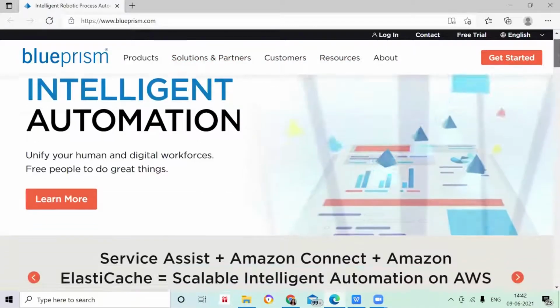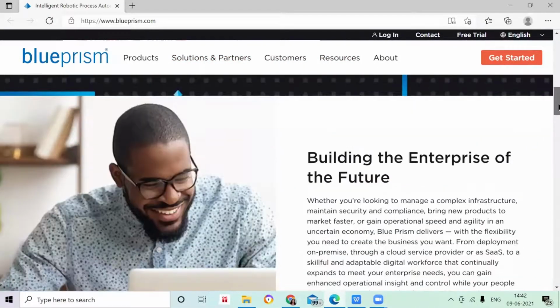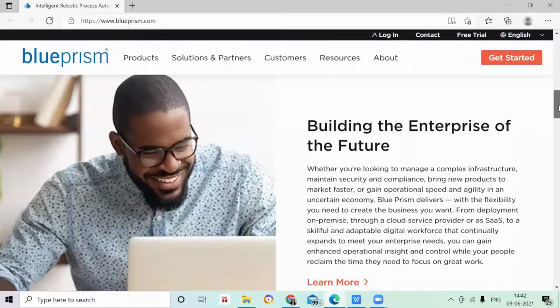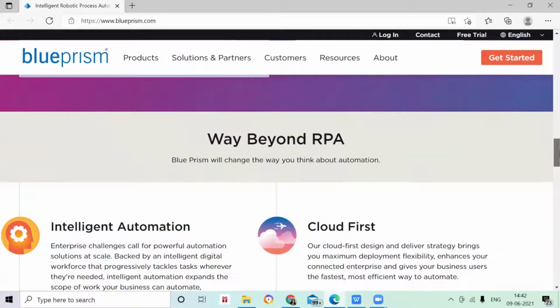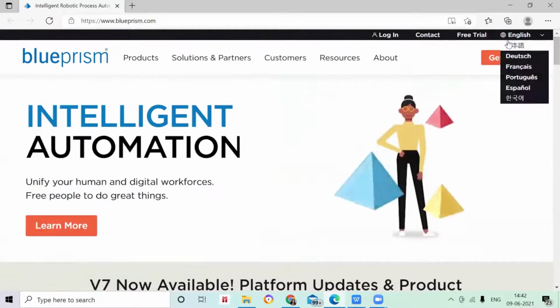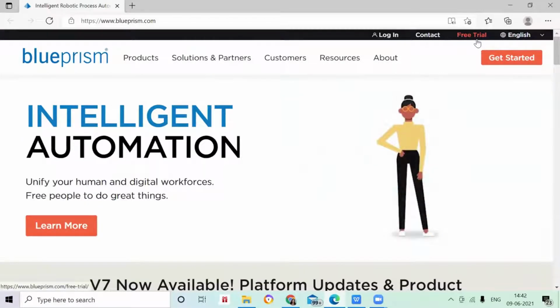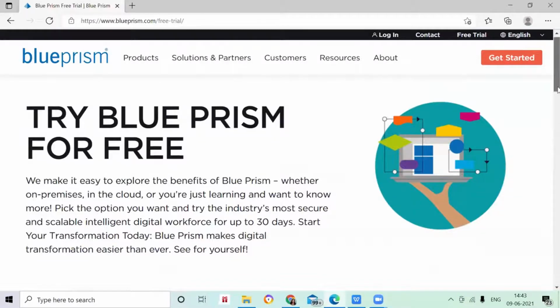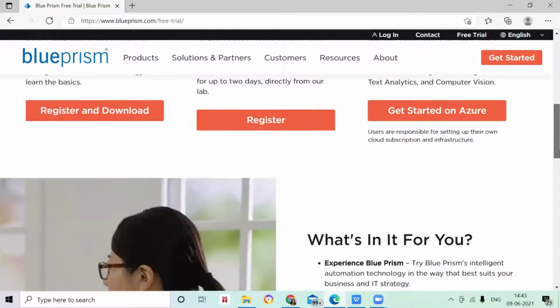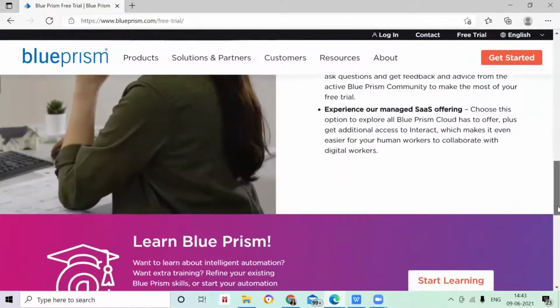Exactly what I showed you, the free trial versions and learning edition, you won't get here, because it has been updated. So you go directly to free trial. If I click on this, you can see try Blue Prism for free, and further down, the things you are going to get.